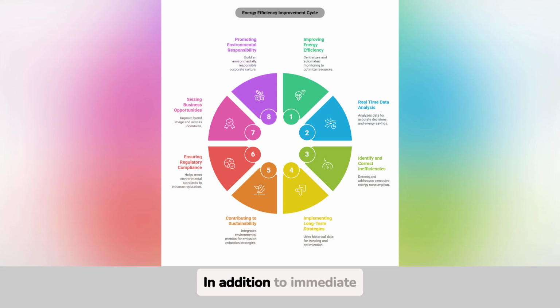Exactly. In addition to immediate correction, by having historical data, we can analyze long-term trends and predict possible deviations before they become serious problems. This allows us to plan preventive maintenance, adjust processes, and develop customized optimization strategies for each specific plant or system. And in terms of sustainability, how does the system contribute to improving our environmental performance beyond